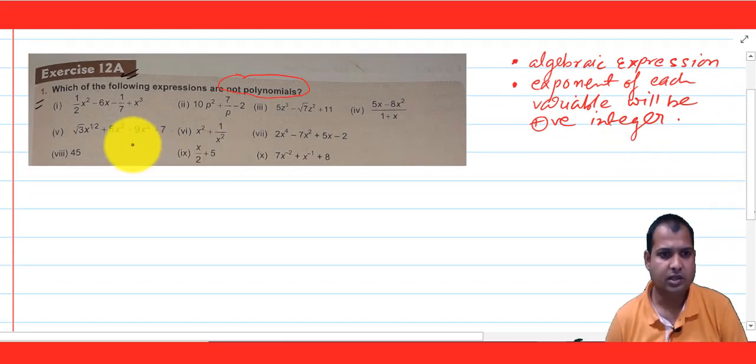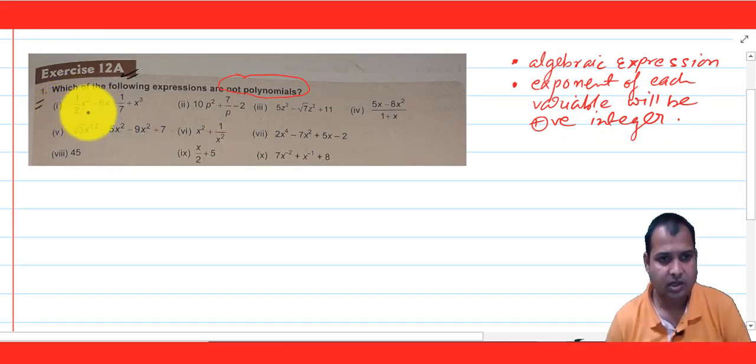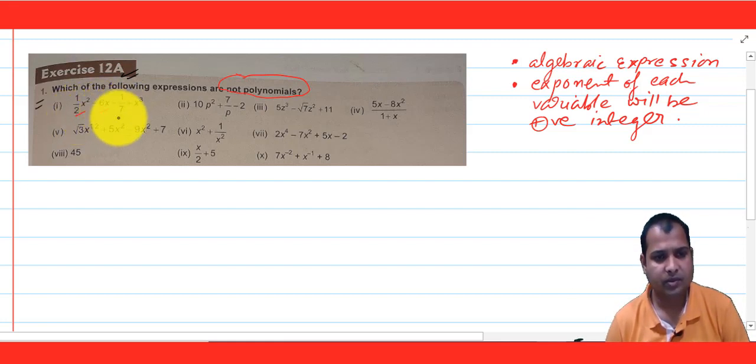So let us see over here. First one. Here you can see that this is an algebraic expression, because this is a combination of variables and constants. And you see that here the variable is x and in power you have got 2, and that 2 is a positive integer. Here you have x and the power is 1, so it's a positive integer. Here we don't have a variable, in fact you can write x to the power 0, and here we have x and in power we have 3, that is also a positive integer. So this is a polynomial. This is a polynomial.